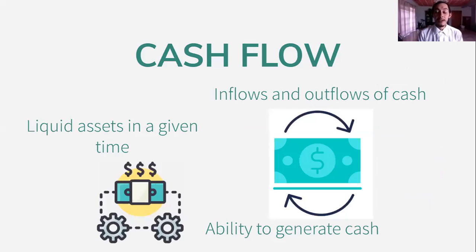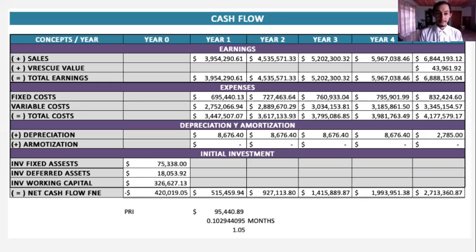Cash flow. The cash flow refers to the inflows and outflows of cash and the ability to generate cash. Also, this shows the liquidity the assets have obtained during time. In our table here, you will see that it is divided by years. It's a 5-year plan, beginning with the earnings, which involves the sales, the rescue value, and that will give us